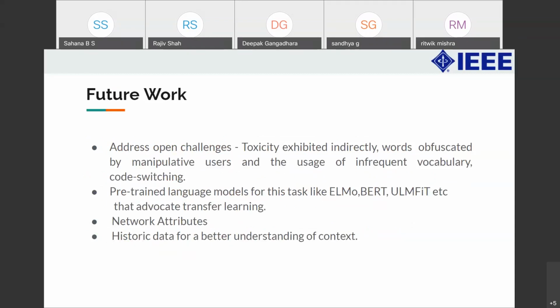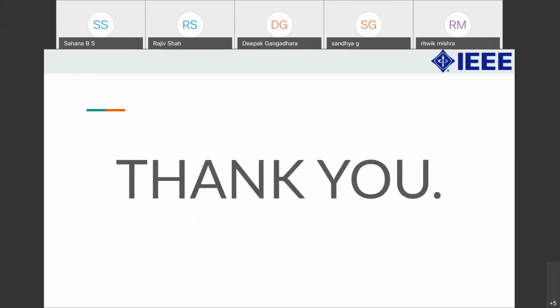So yeah, future work includes a lot of other challenges. We try to include the historic data as well, because in Twitter the threads are pretty common. So in order to get the context of one tweet, it's better if you know the following tweets or what are the tweets that occurred before. And we also try to use language models, and we'll also try to look into network attributes, looking at the pages they follow. Can you predict something?